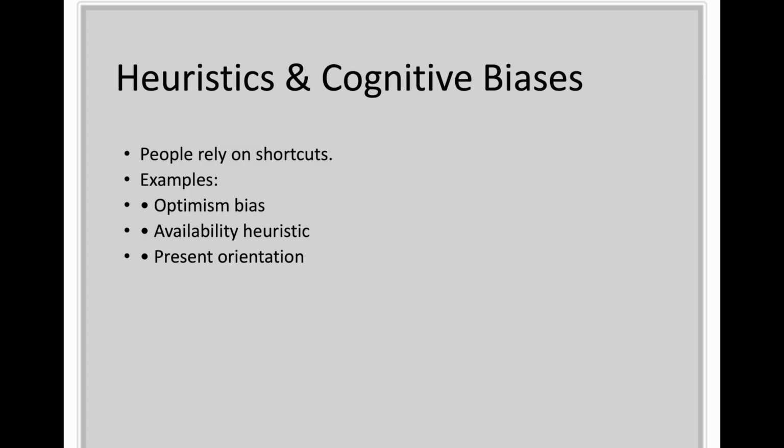Another example is optimism bias. Many offenders believe that they're smarter than the police, that they're less likely to get caught, or that they can successfully avoid punishment. This optimism bias can significantly weaken deterrence. Present orientation is another important bias. Individuals often focus heavily on immediate rewards while discounting long-term consequences. This is particularly important for impulsive offending and adolescent offending. The immediate reward of offending may feel psychologically stronger than distant punishment threats.